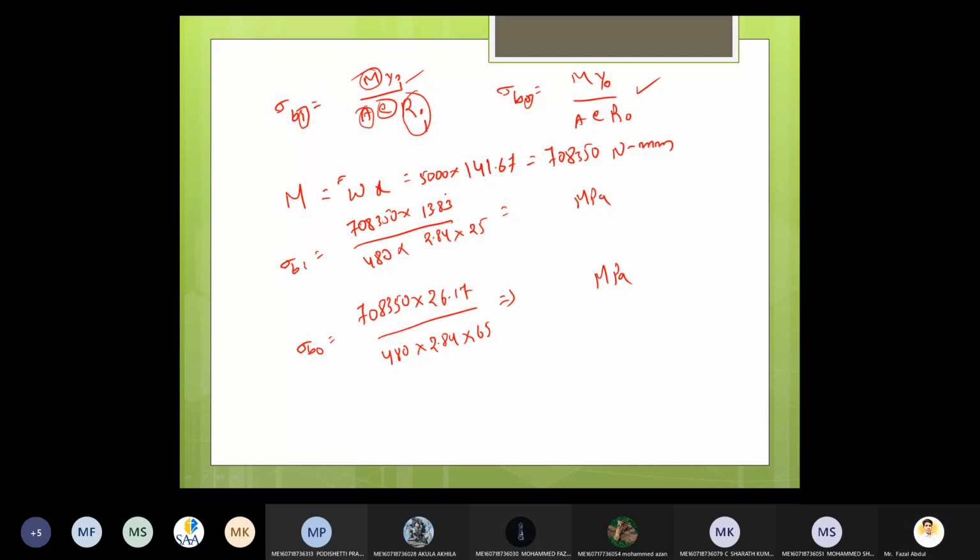How much, Babu? Sigma bi 287.4 megapascal, sigma b naught 209.2 megapascal. Now see here in this figure,